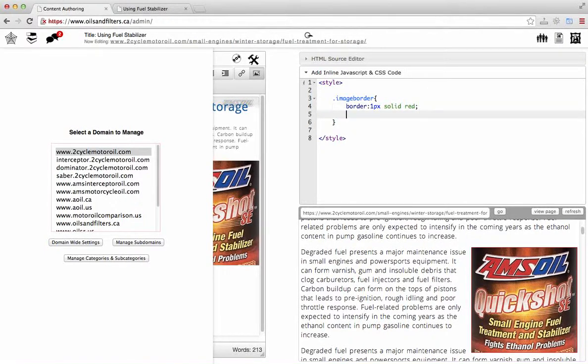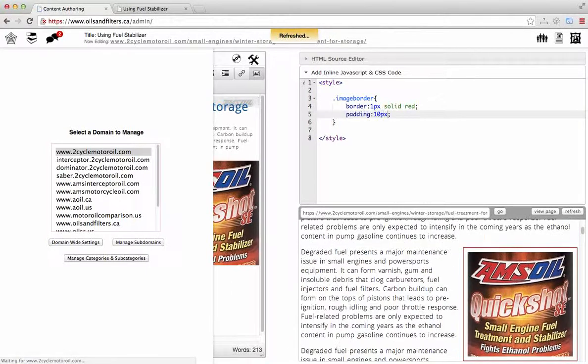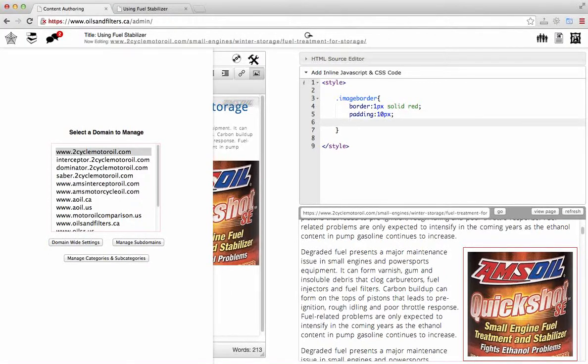and we can go ahead and add a padding to it, 10 pixel, and click on refresh, and now you can see the border nice and beautiful because it's got a padding around the image. You can always reduce it to fit exactly how you wanted it,